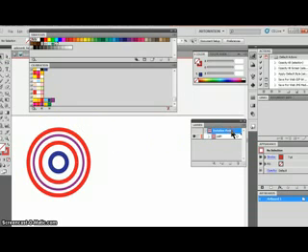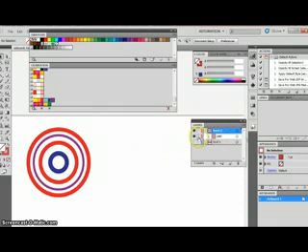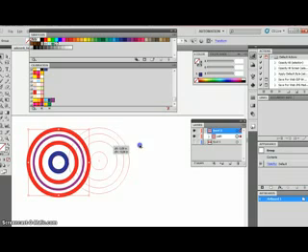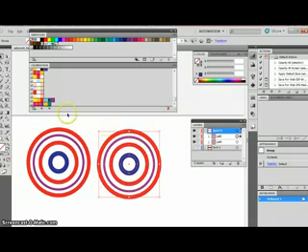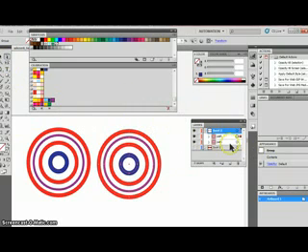and let me get out of isolation mode first. Okay, there we go. Okay. So, holding down the Option key, drag it out to duplicate, and then what I'm going to do is recolor this one. So I'm going to take my white direct selection tool